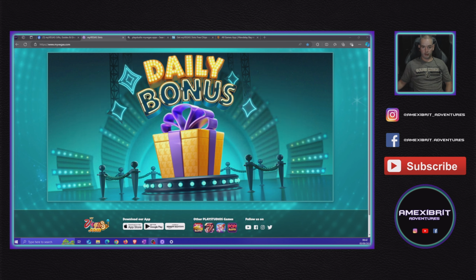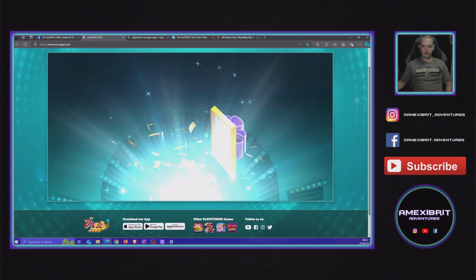There's a daily bonus like there is with all of them. The Classic that I've just showed you has a daily bonus. For some reason it didn't come up. I don't know whether the spin's ready yet. But every time you go on for the first time that day, you'll get a daily bonus. So if you click it, it'll open